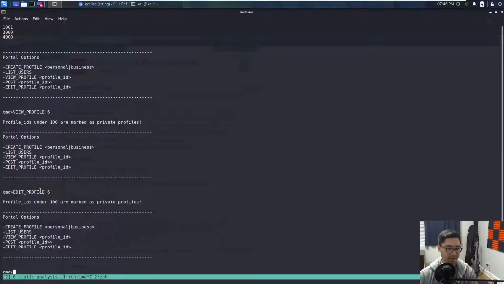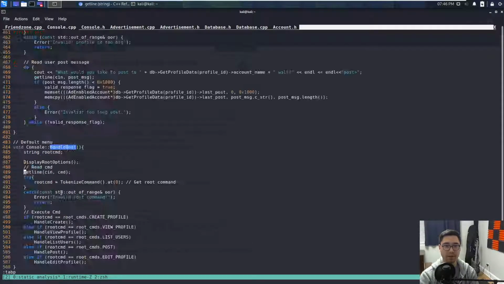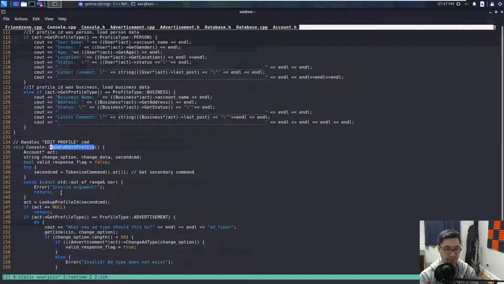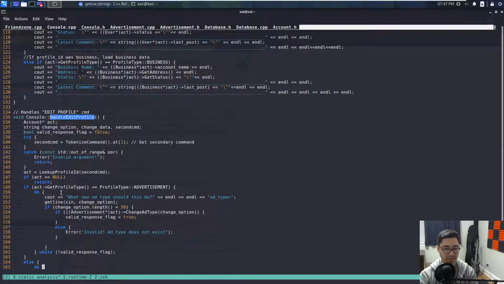You could try fuzzing again for the integer overflow underflow here. Again, that's not the way this challenge works, so to save time, I'm not going to try fuzzing that right here. And if you're unsure, you can save yourself a lot of time fuzzing by just going back to the source code and doing static analysis. So for example, if I want to go look at edit profile, here, root commands edit profile, handle edit profile, you would just search your way through the source code